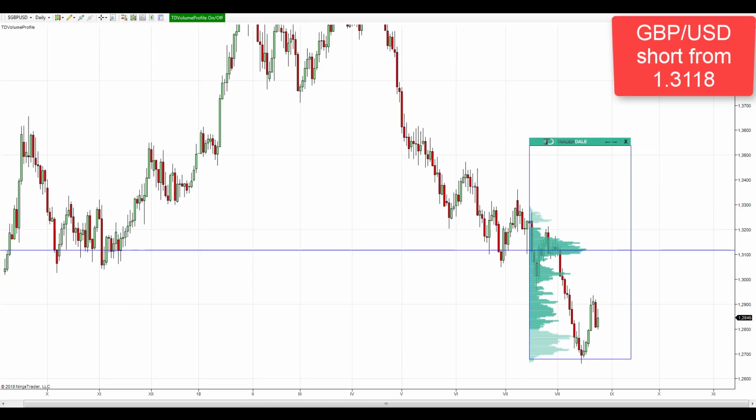Let's go into the British pound US dollar, where there's another swing short which I like to take. The short level is right there, it's at 31.18, and the short level is based on volume accumulation setup. It's based on those heavy volumes which got accumulated in this sideways price action. After this volume accumulation, you can see that there was a really strong, really aggressive sell-off, and I think that if the price makes it back to this level, those sellers will be defending their positions and they'll push the